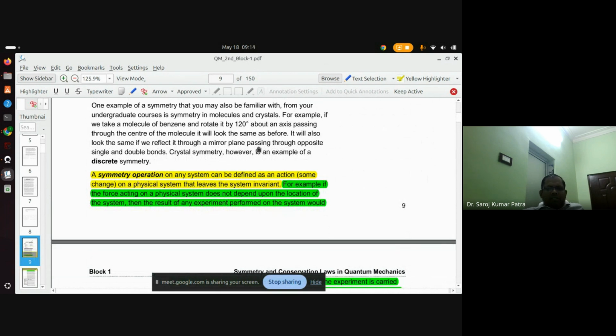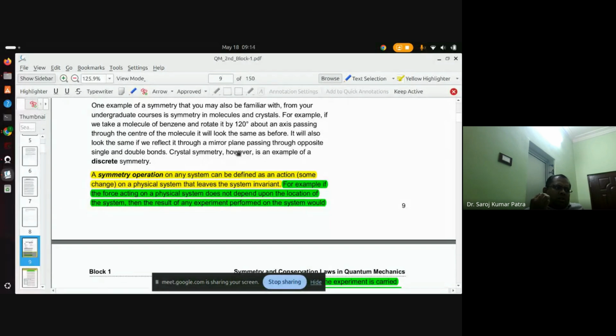So what is symmetry? A symmetry operation on any system can be defined as an action or a change on a physical system that leaves the system invariant. That means you do the symmetry operation and the system does not change. A classic example would be translation. If I try to explain that